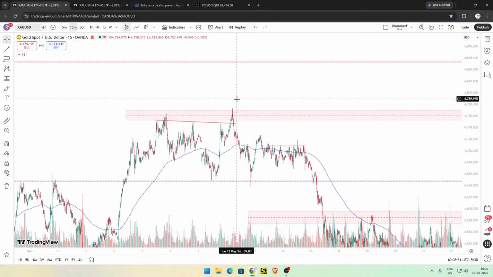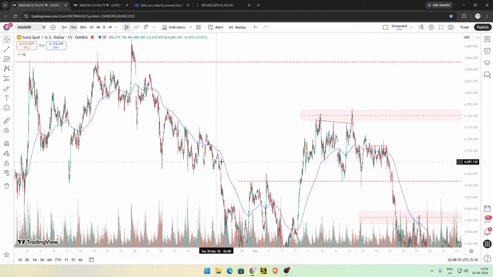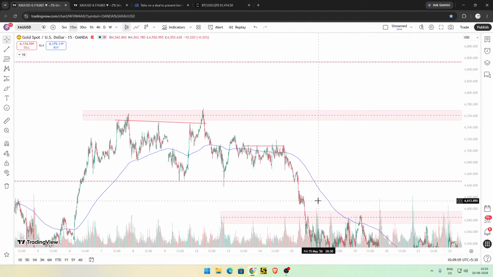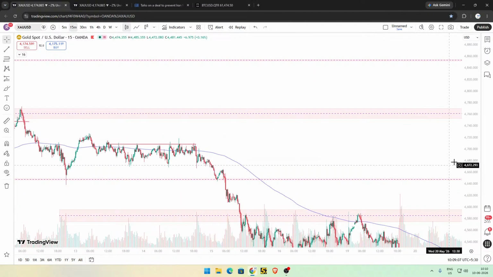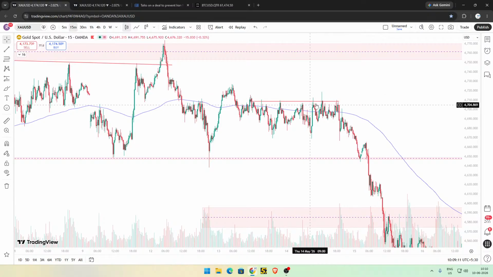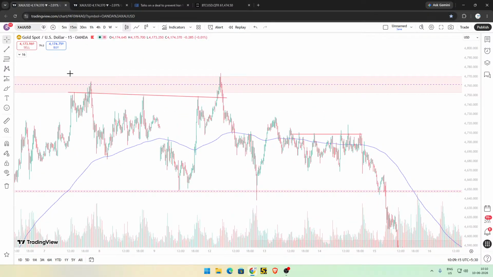So now, as gold is in a downtrend, it is trapping the buyers instead of the sellers. So it is trapping the buyers. See, here it trapped the buyers, it went down. Then here was the trade that I took. So this is a horizontal liquidity. And another thing is,